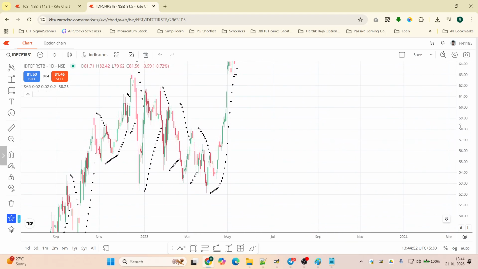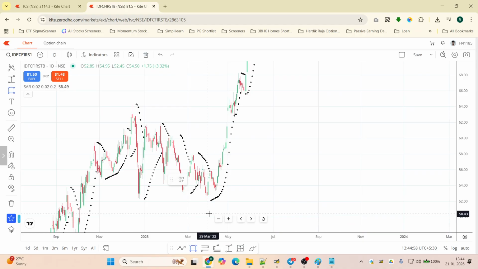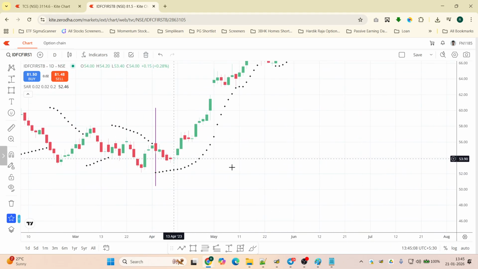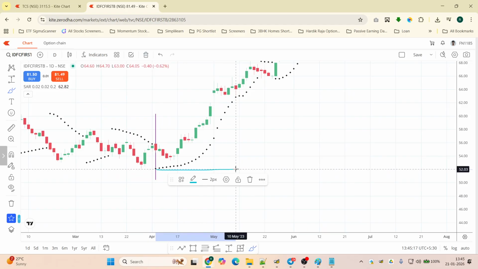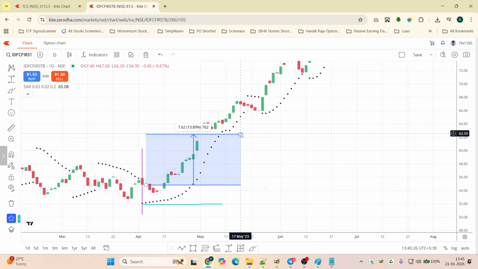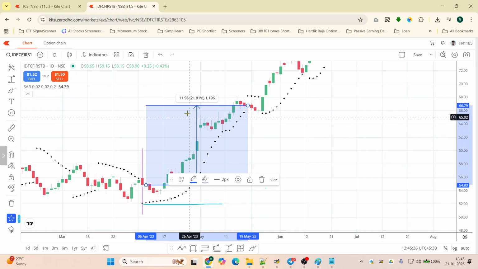Yeah, see, guys, we have a very good range here, right? This is in a day candle. So in this particular candle, which is marked, if we had entered on the open of the next candle, we'll mark the stop loss as well. Stop loss might be somewhere below the parabolic SAR, somewhere around here. Okay, so if we had entered here somewhere in the opening of the next candle until the SAR shifted color, right, somewhere around the close, within 6th April to 19th April, like hardly 13 days, you would have got